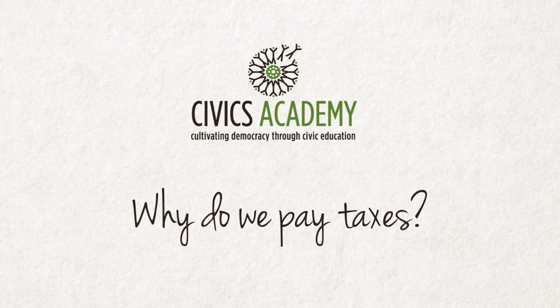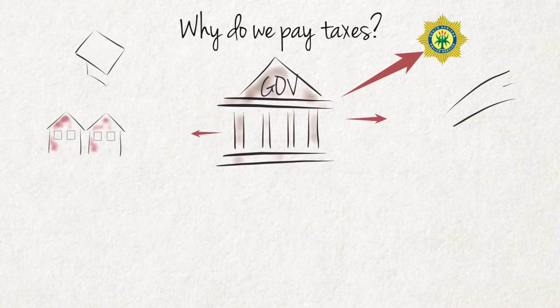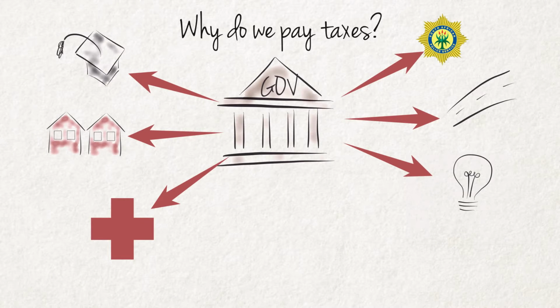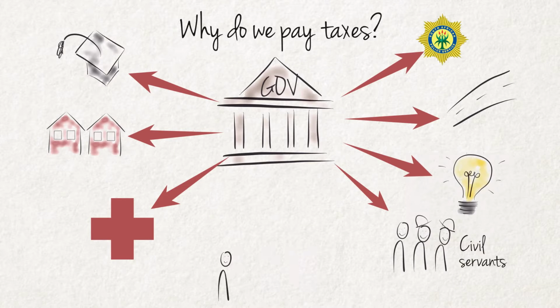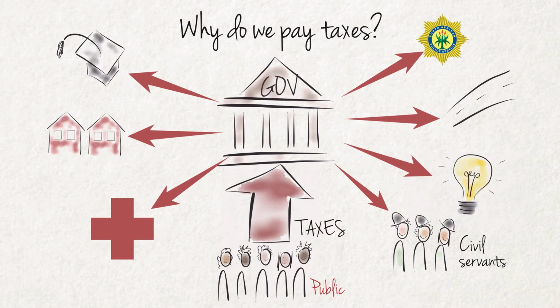Why do we pay taxes? Governments provide public services such as police services and roads to the public. The government also pays the salaries of civil servants. The public does not pay directly for these goods and services or for the time of public servants when they visit government offices, but indirectly by means of taxation. The government must therefore regularly decide how much to spend, what to spend it on, and how to finance its expenditure. This is the reason why we pay taxes.